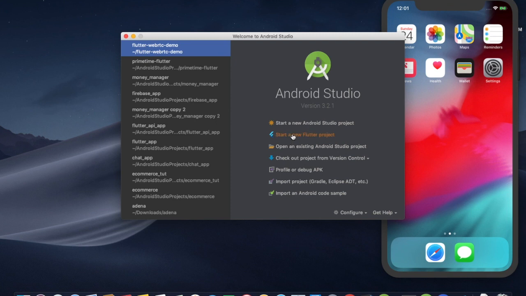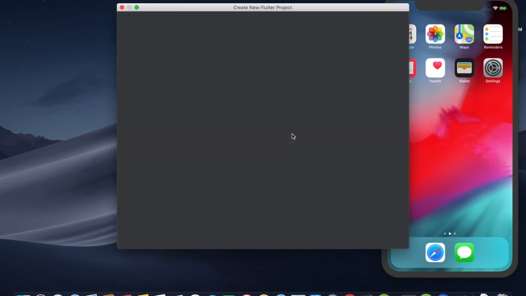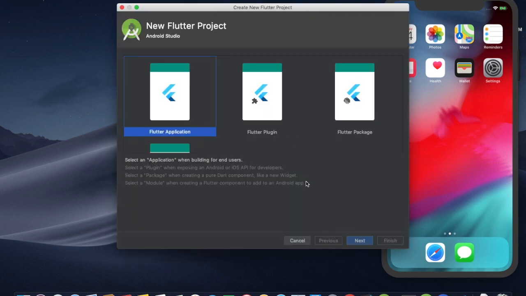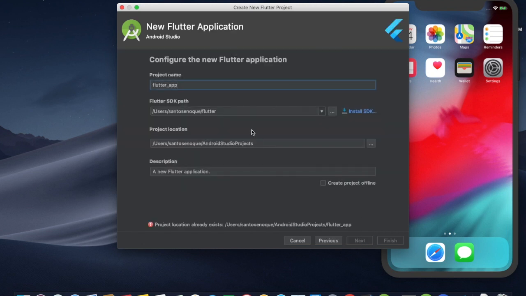So I'll just create here my new Flutter project, and I'm going to call this Flutter app connect